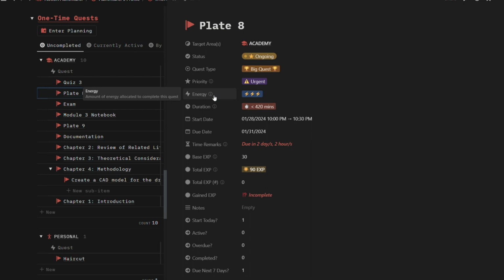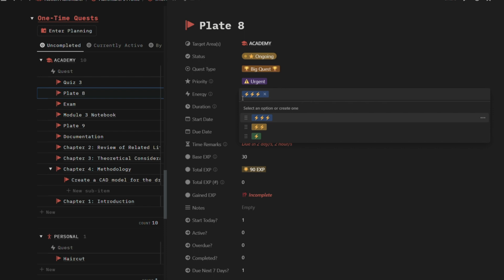my case I consider this since I'm the type of person who considers the amount of energy that I will allocate into a task before doing it, since sometimes I do not feel like doing the task, but I need to do it. So I always set this property so that I would know if this task would be